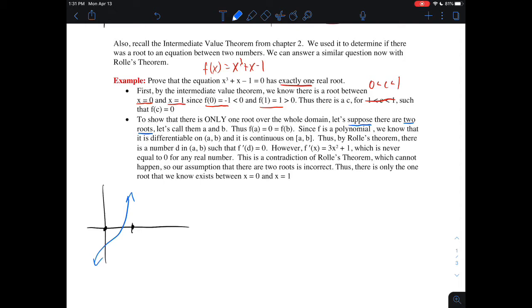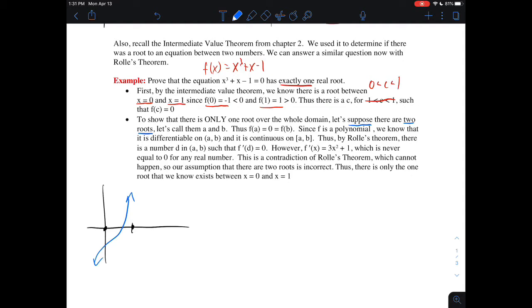If those are both roots, that means that f of a is equal to 0, and also f of b is equal to 0. Since f is a polynomial, we know that it is differentiable on the open interval (a, b), and we also know that it is continuous on the closed interval [a, b]. So we now have those first three things in Rolle's theorem. We need differentiable, continuous, and we need that f of a is equal to f of b. So by Rolle's theorem,